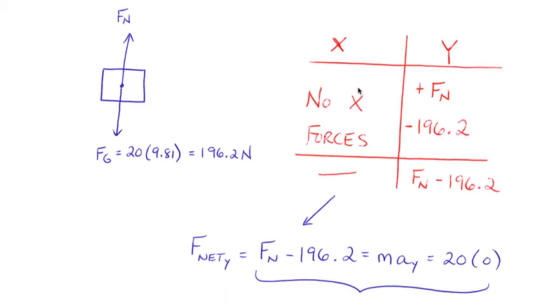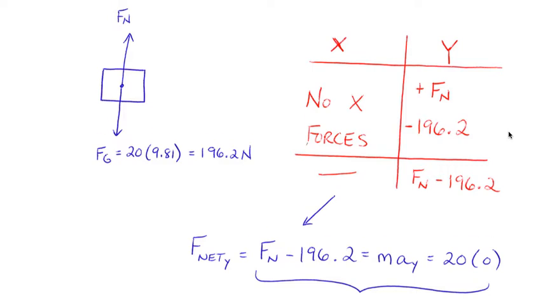So again, I've just drawn my XY table. We have no X forces. There's nothing pushing it forward. And we've determined there can't be friction because otherwise the box would slow down. So there are no X forces. In the y direction, the normal force goes up. It's unknown, so positive Fn. And the gravity is just, again, the mass times the acceleration due to gravity, which is 196.2, and that's negative